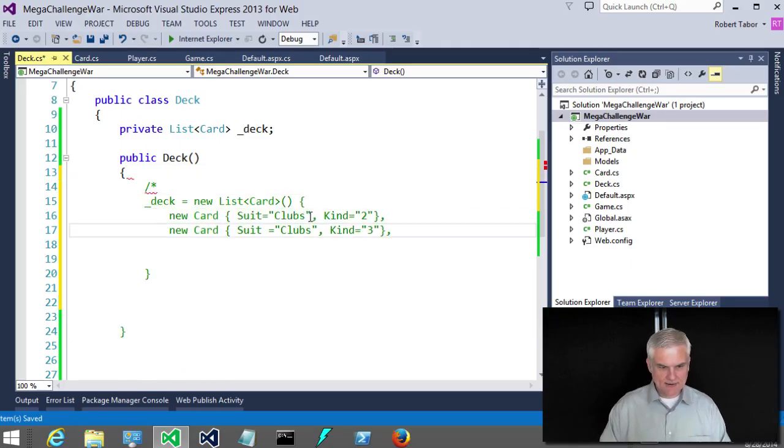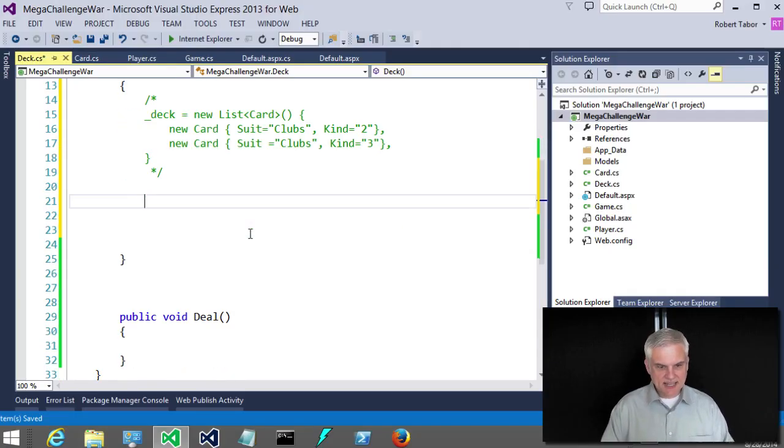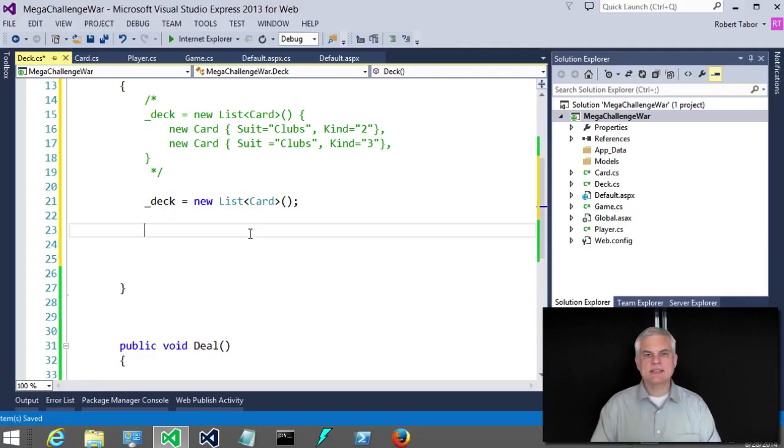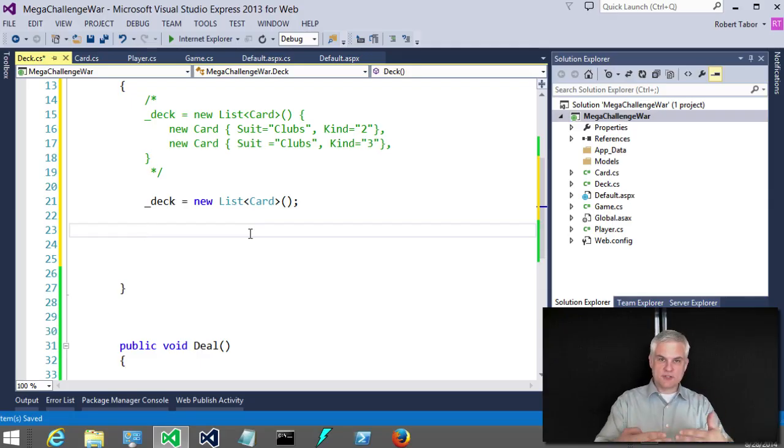Let's get rid of that. And instead, let's do deck equals new list of card. And then I'm going to create two arrays of strings. The first array of strings will have the four suits, and the other array of strings will have the 13 different kinds of the cards. Then we'll iterate through both of those arrays and make combinations in order to come out with 52 cards, an entire deck. So string